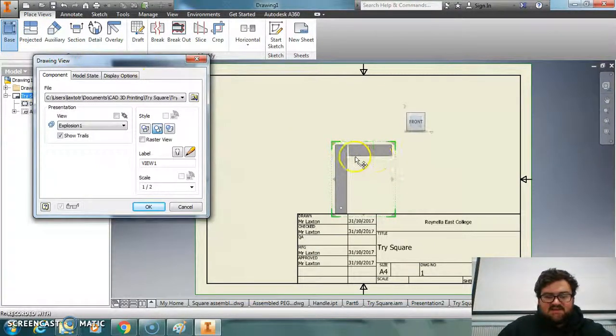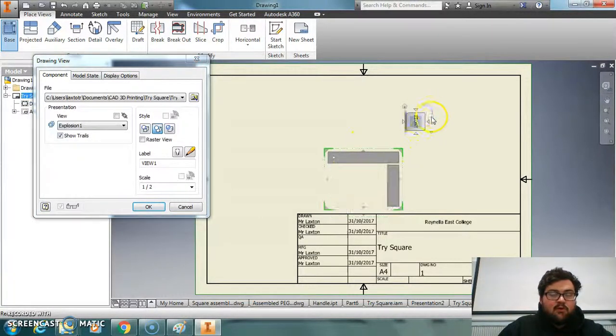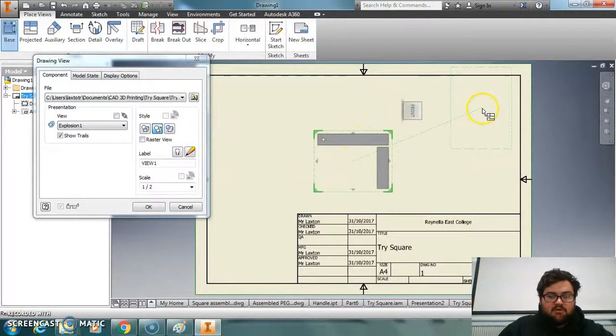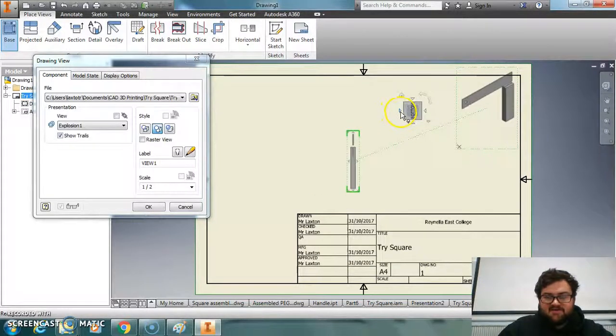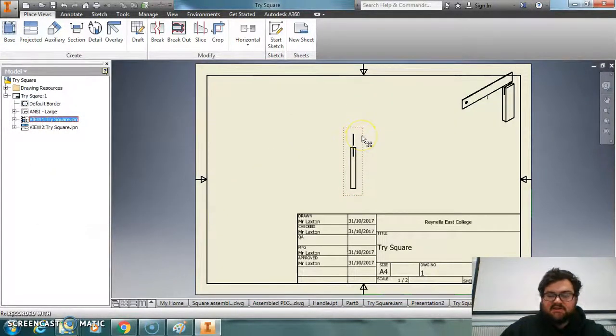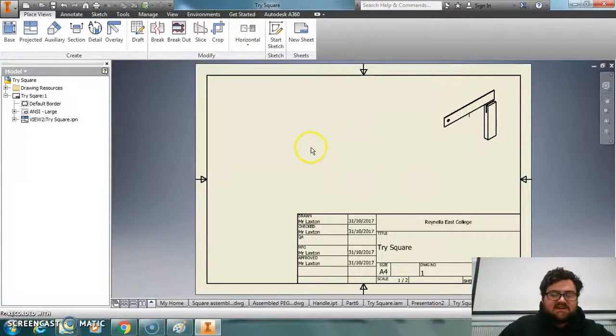So as you can see, that's going to give us the presentation view straight away, and we actually don't want that yet. Okay, but because it's sitting there now, what I might do, I actually want an isometric view of that. So I might put that there, and we'll have a bit of a look at a good way to have it sitting, maybe like that. And we'll go OK, and I'm actually going to delete that view there so I can just have my isometric view. Now we're just going to have that there sitting there and not touch it until a little bit later,